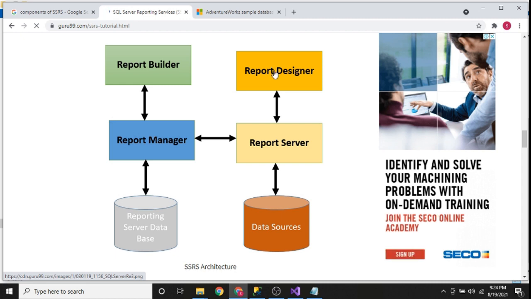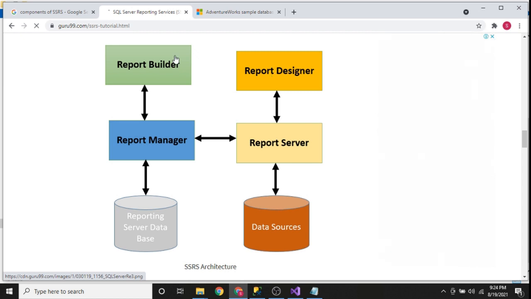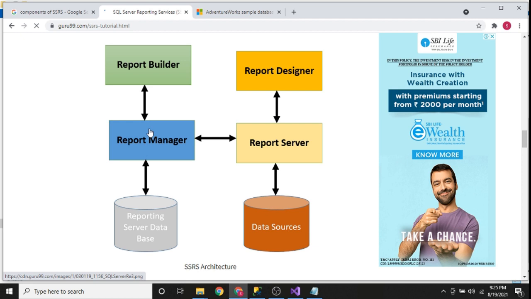Now there is a concept of report builder. What is report builder? The data tool, the Visual Studio in which we are creating the reports, that is report designer. But report builder is little different. Report builder is for the deployed report. So once the report is deployed in report manager, from there itself, if we provide any user report builder access, then he or she can take the report and make the required changes. So it is basically the end user who is using the report. If he is tech savvy, then generally they take this access and make the required changes as needed.